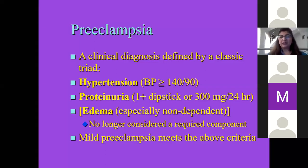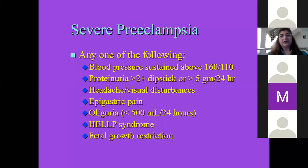In mild preeclampsia, the blood pressure only rises according to mild, moderate, and severe. But you have to remember that it is proteinuria and edema, which is a non-dependent edema. In severe preeclampsia, the blood pressure is extremely high, that is 160/110 or any reading above that, and the proteinuria is 2 plus on dipstick or more than 5 grams of protein. You do a dipstick on the urine, you see the collection of proteins in that, and if it is 2 plus,